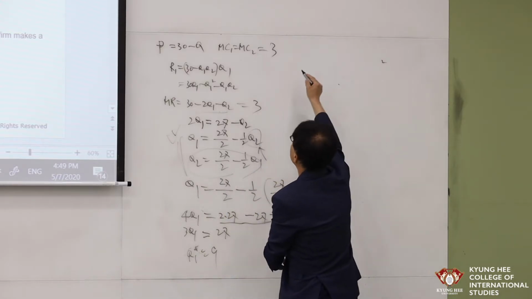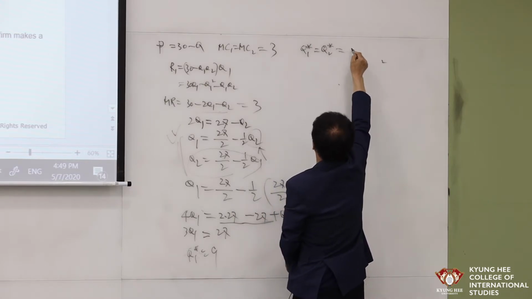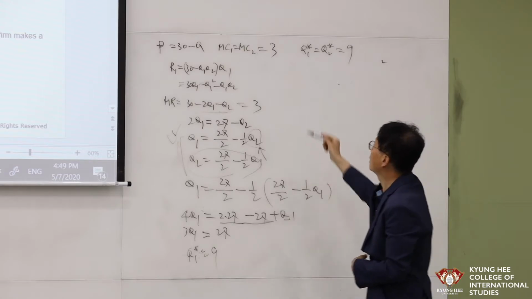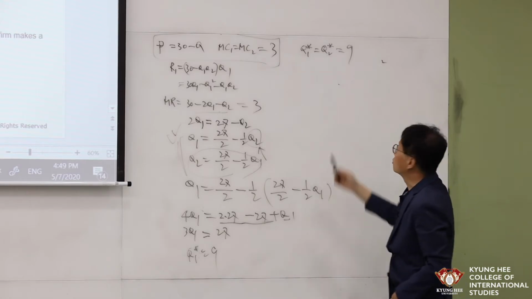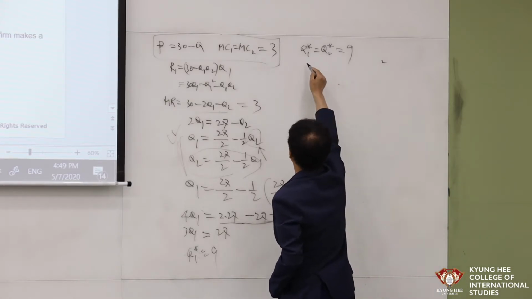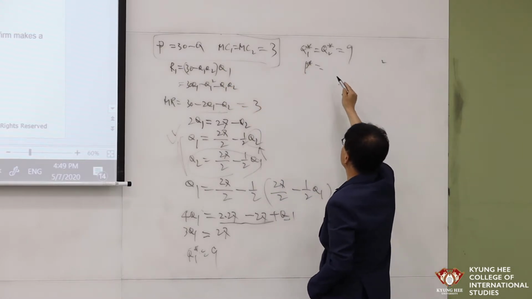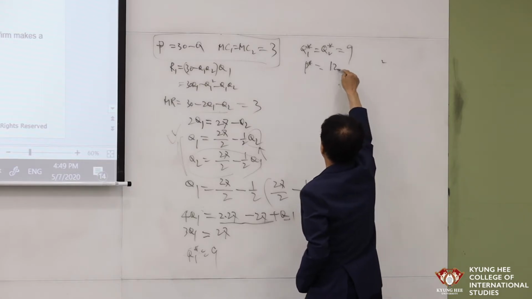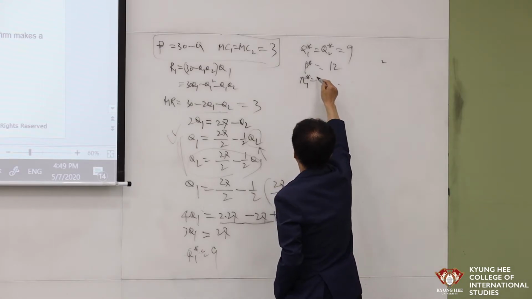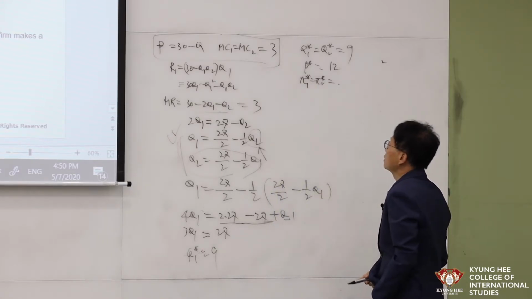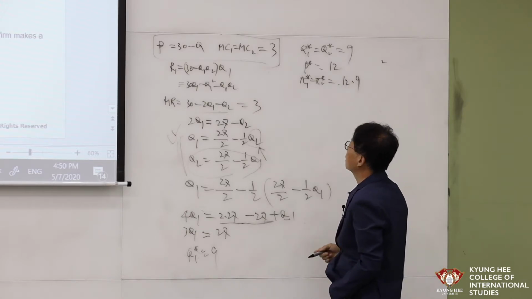In this case, Q1 star and Q2 star are equal to 9. Then price is equal to 30 minus 9 minus 9, so price should be equal to 12. And profit of firm 1 and firm 2 is equal to price 12 multiplied by Q1 and Q2, 9, minus